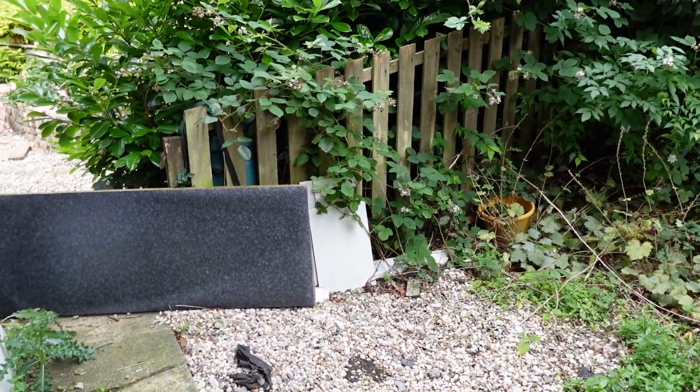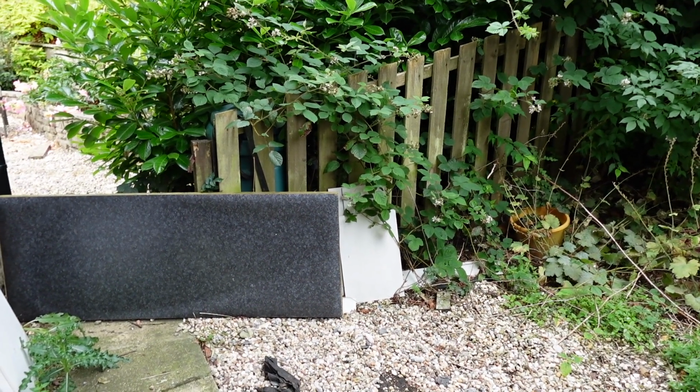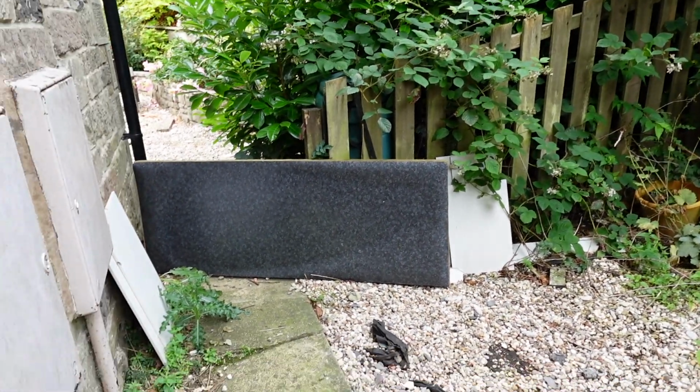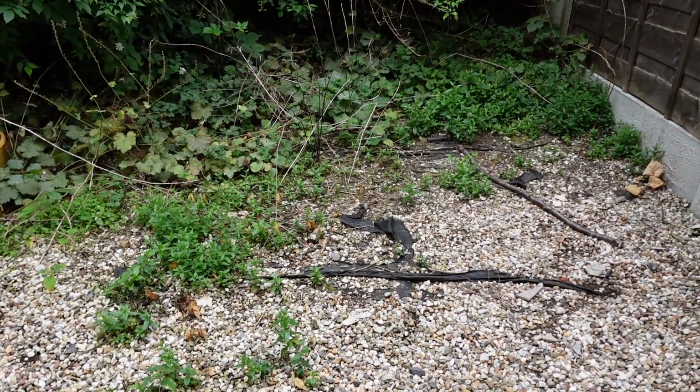And this old picket fence needs taking out as well. As you can see, it slopes up on an angle, and that's because the soil goes up, and that'll be because there's tree roots and everything underneath it. And yeah, it's just generally a mess. As you can see at the back,